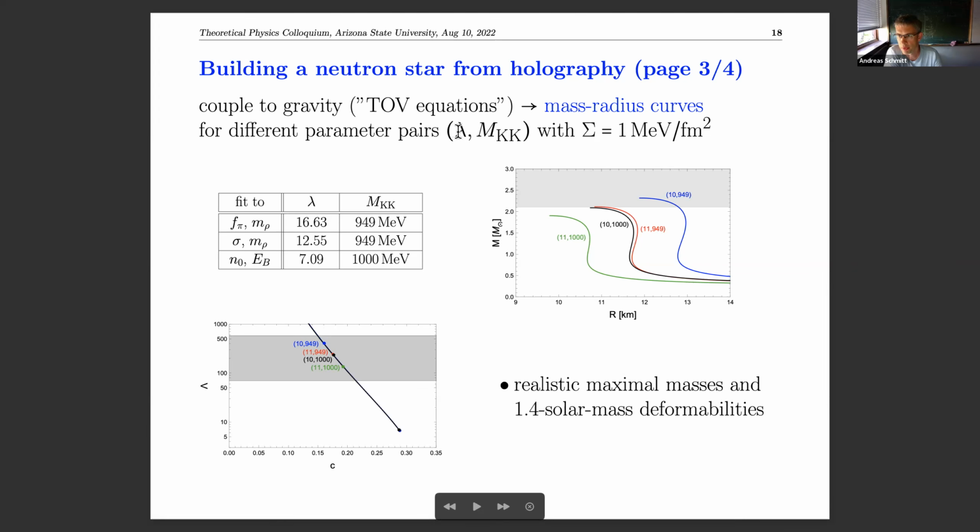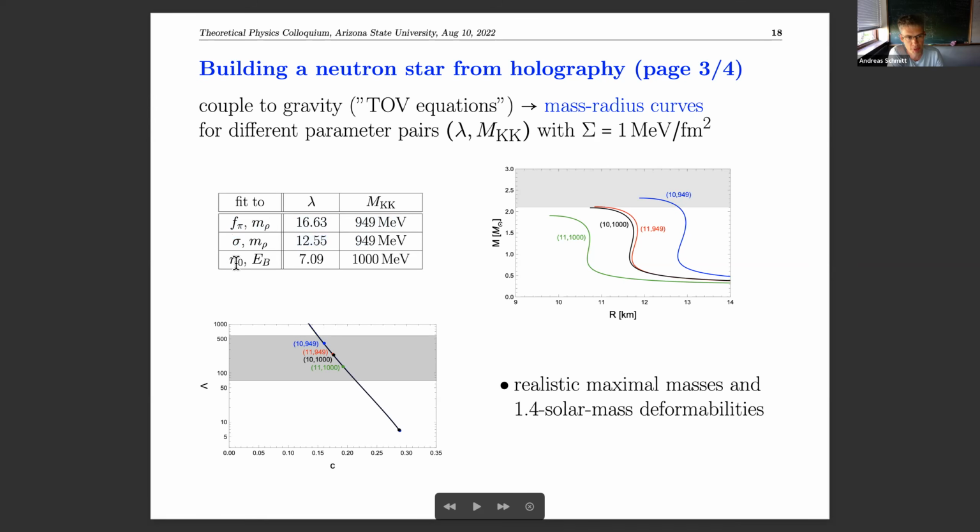So I mentioned before, I only have two parameters. Again, that's remarkable if you compare it to other nuclear matter models. And these parameters are the TOF coupling and the Kaluza-Klein mass. And because of our construction of the crust, we have another parameter. That's the surface tension between our holographic nuclear matter and the vacuum. Okay, so how do I fix them? You can look at the vacuum. Let's say we fit them to the pi decay constant and the rho meson mass, which gives two values for lambda and MKK. Then you can say, let's look at the string tension of QCD, for which there are lattice results, and you get slightly different values.